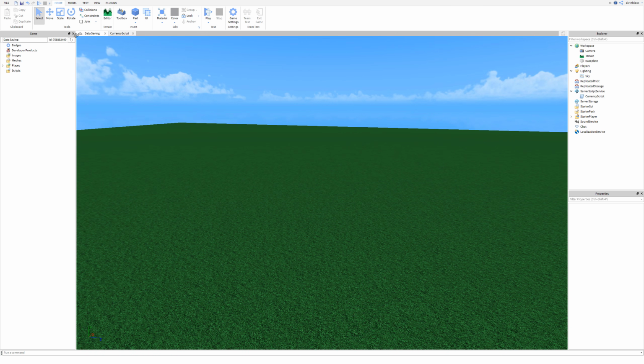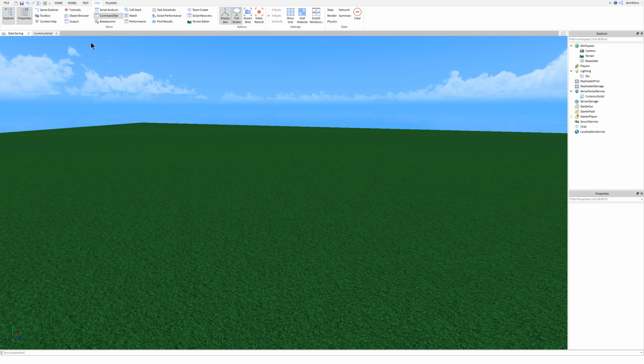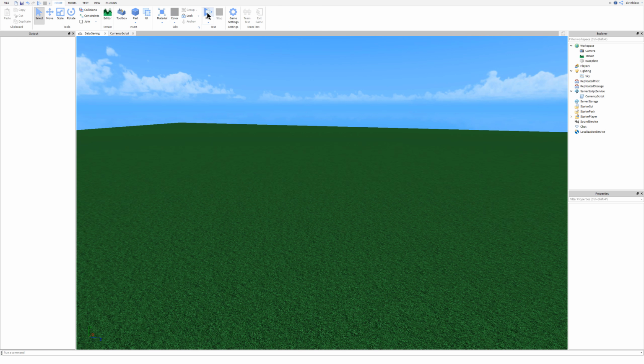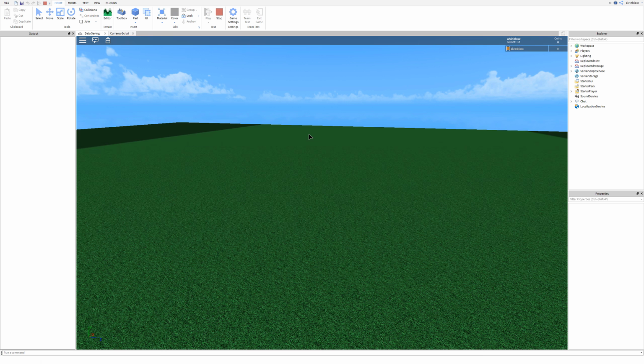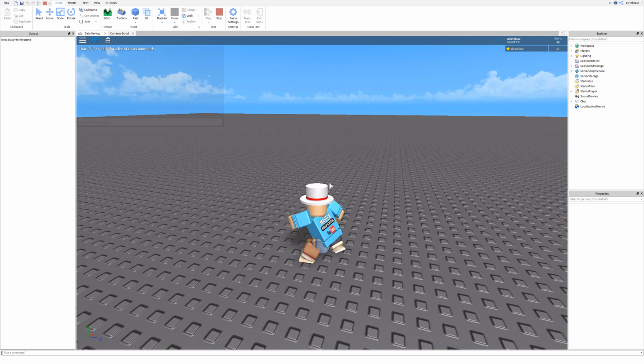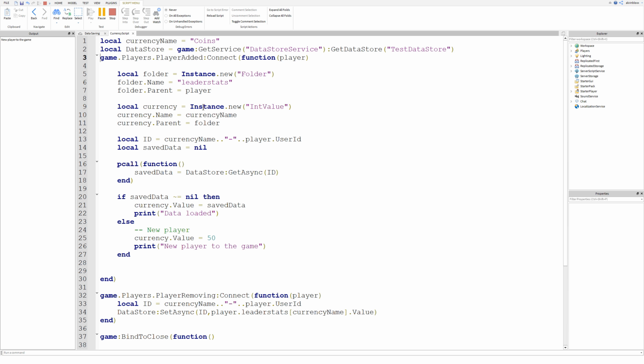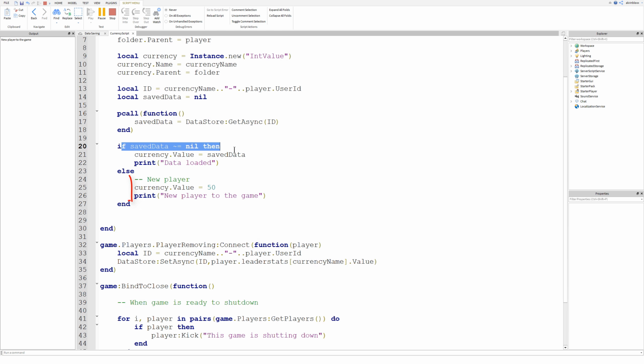So let's go and test this out. Hope there'll be no errors, but if there are, we'll be able to solve them. Let's open up the output and clear it, and let's click on Play Solo. Okay, no errors so far, but what's happened is the output has printed new player to the game because we have loaded our data